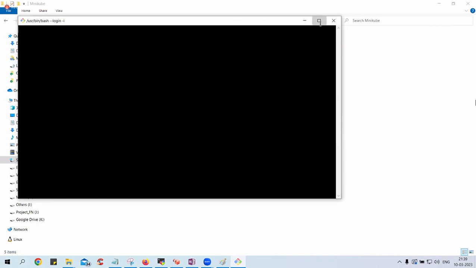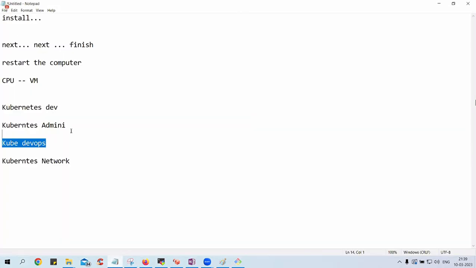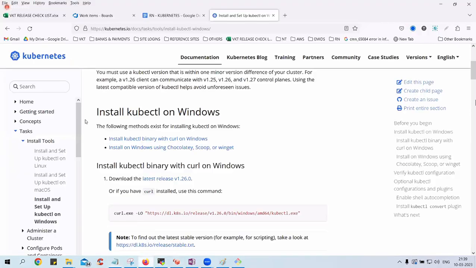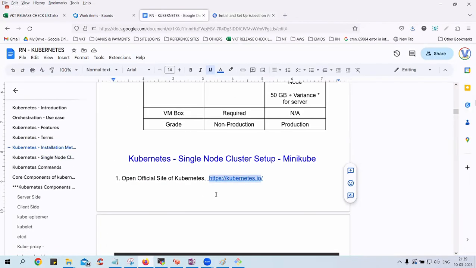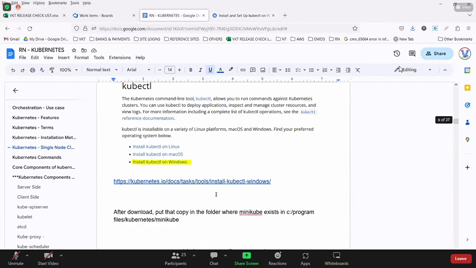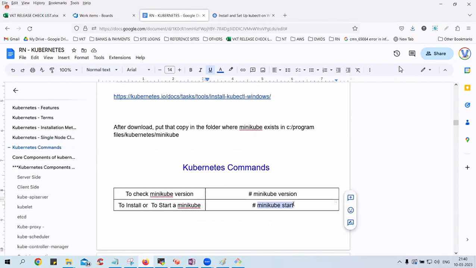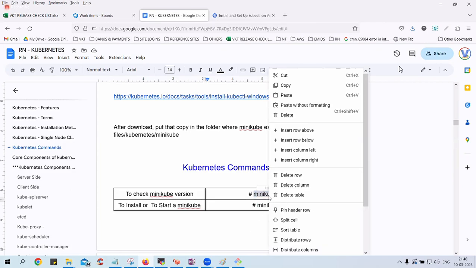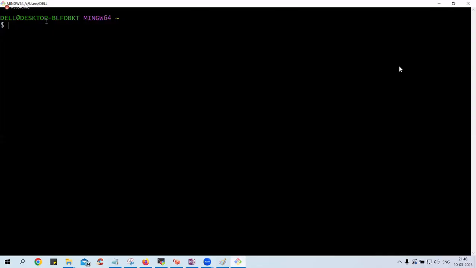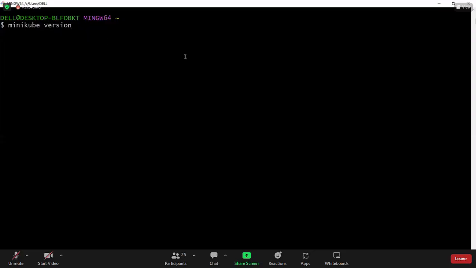Then let's fire the command. That is what I told you. You remember, guys? I told you that once you install, then you need to fire a command. So time has come to fire a command. So what is that command? This is the command. We have to say minikube start. See, if you want to check the version, we haven't started first of all. So let me try minikube version. Press enter.